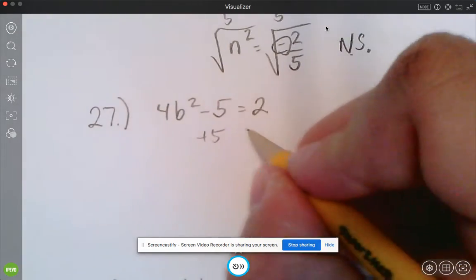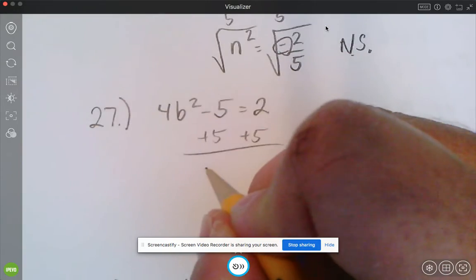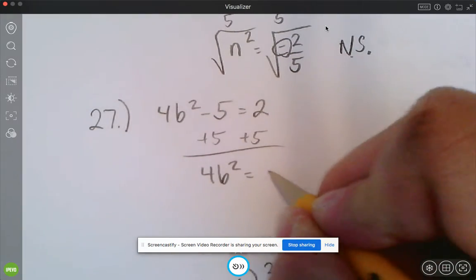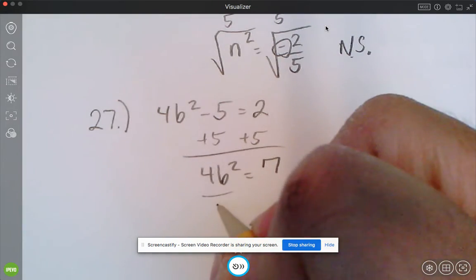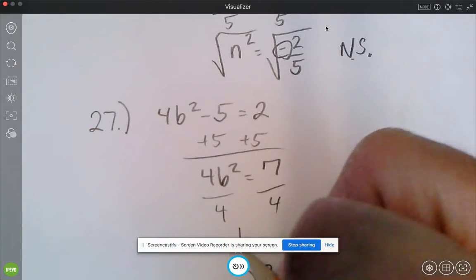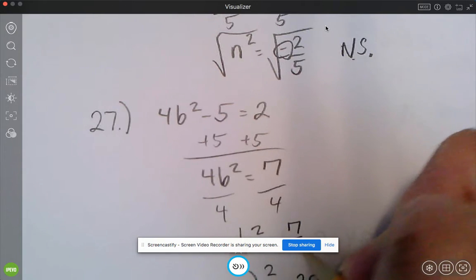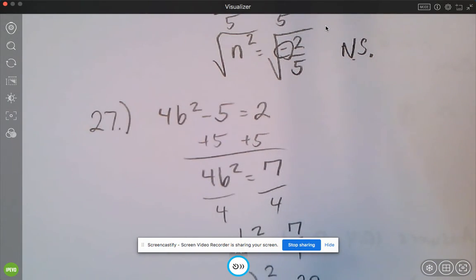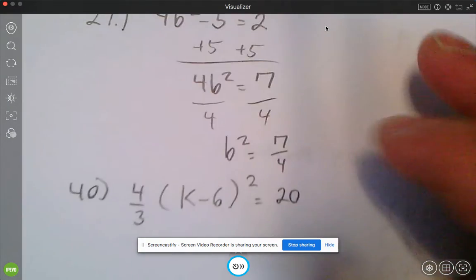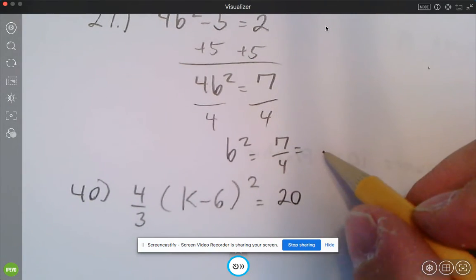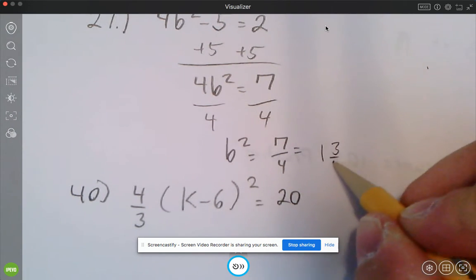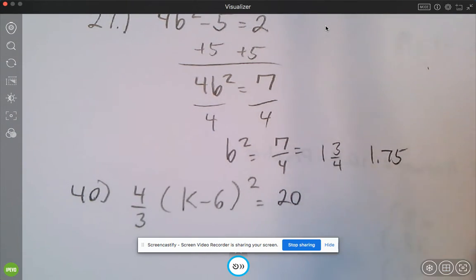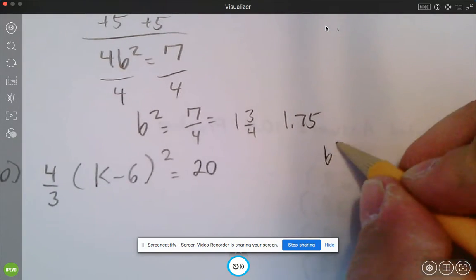27, add 5. You get 4b squared equals 7. Right? Yeah, divide each side by 4. I get b squared equals 7/4. And then just double check this. Yeah, this one does come out to not the best answer. So you could change that to a decimal, and that would be 1 3/4, which is 1.75. So you're left with b squared equals